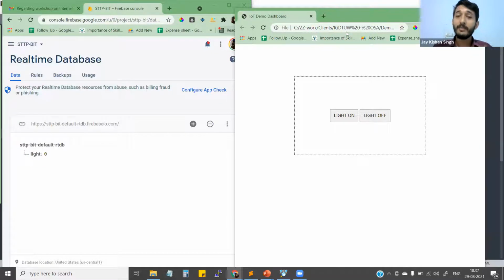The reason is that I have a very good internet connection. Maybe from your end the internet may not be good, so the data will change depending on the internet. It's very fast right here because we are using this Airtel fiber. So light on is showing 1, light off is showing 0, light on is showing 1. Okay, so I believe this thing is clear to everyone now.